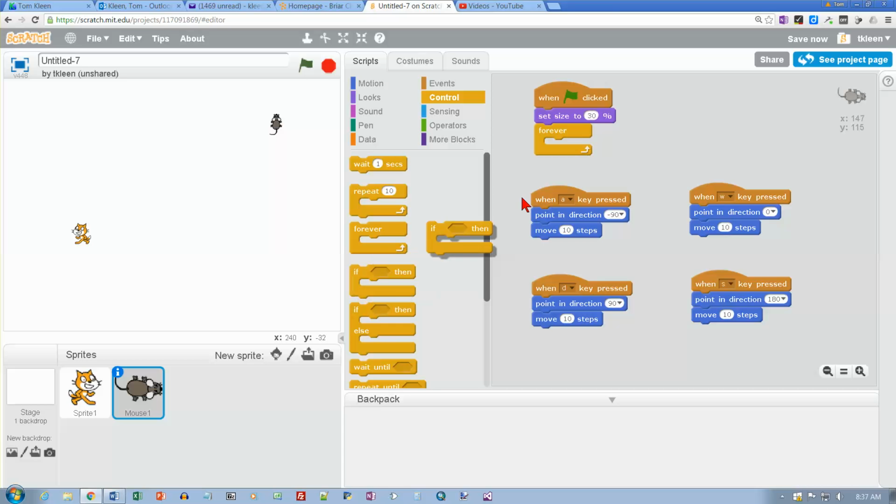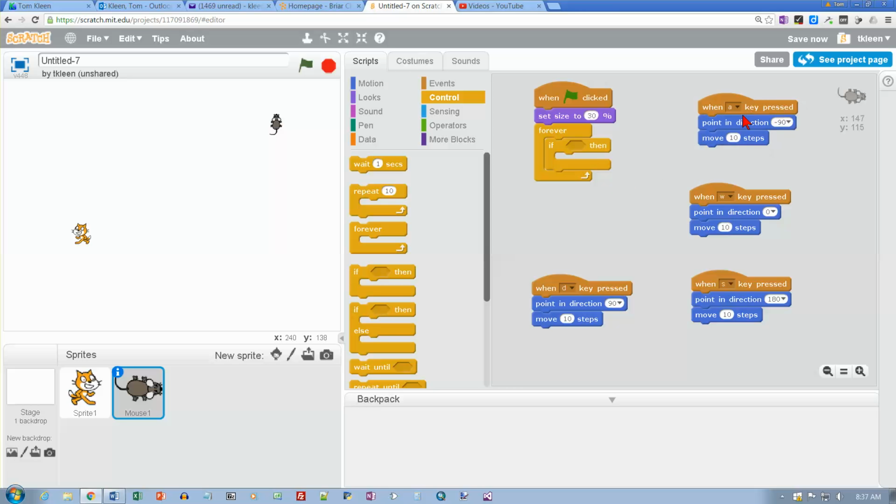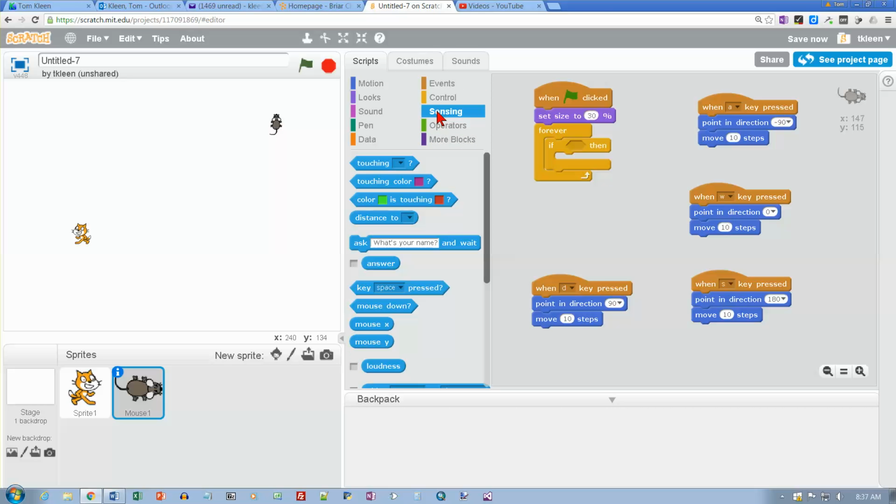What I need to do is check for something. And you check for something by using an if command. Let me move this out of the way because I'm probably going to need a little more room here. And what do I want to check for? I want to check to see if the mouse and the cat are touching. So let's go to sensing here, and let's go if touching. And I think I missed. There we go. You see how it kind of glows when I get in the right spot. So if he is touching sprite 1, which is what I called my cat,